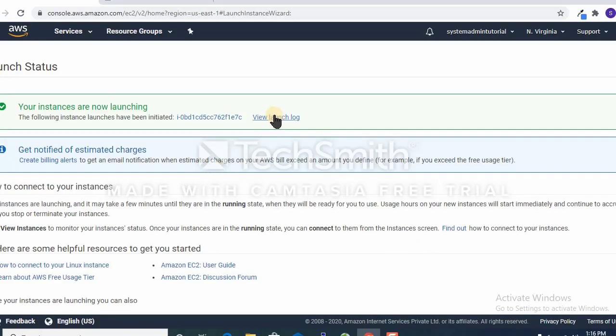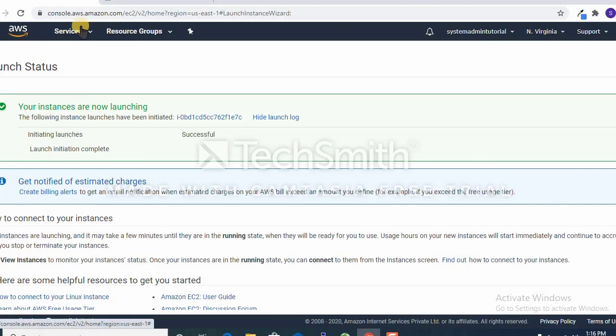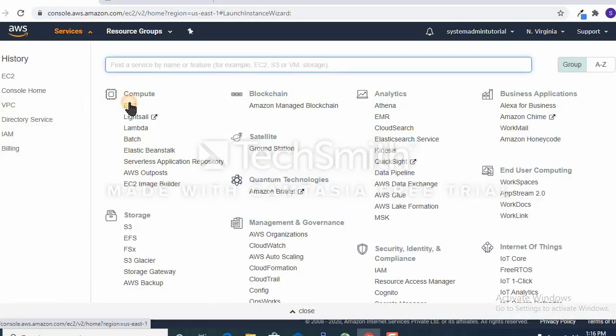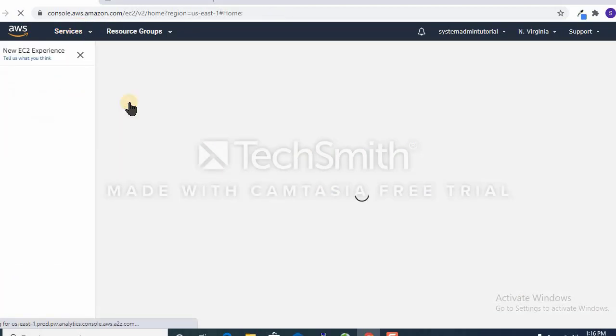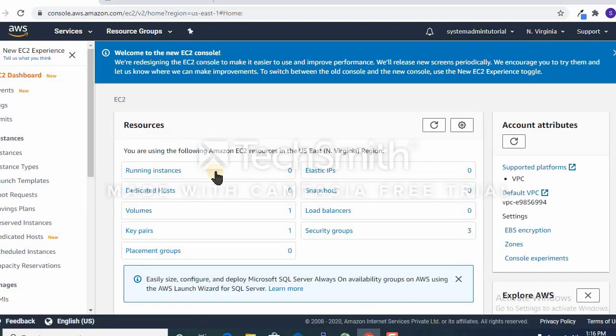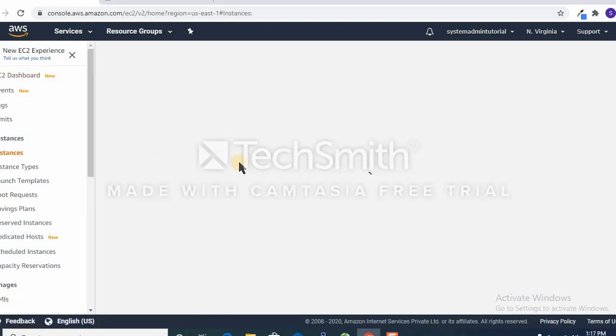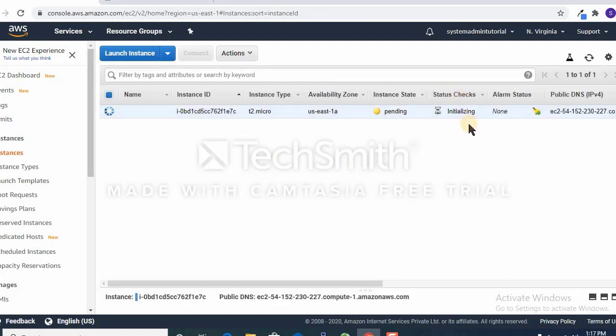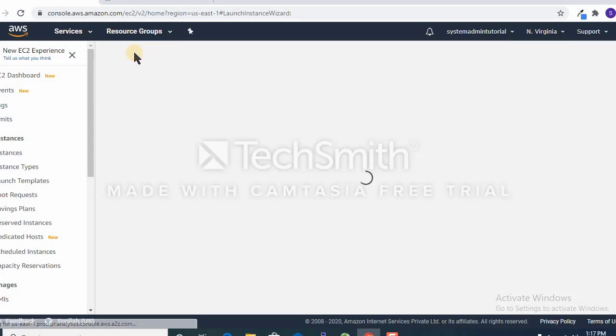You see my instance is being created and is in the initializing mode. Until the status check is 2 by 2, we can't use the instance, so in the meantime we will create another instance.